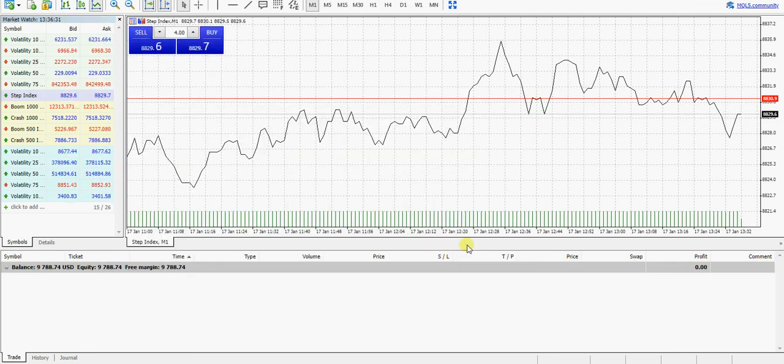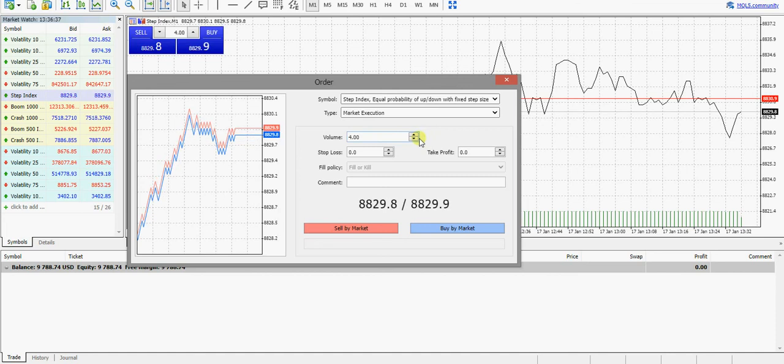So we're going to be watching it again. We're going to be watching this thing pushing right up. Once it's pushing right up, we click on this sell by market before we place the trade. Then we enter our volume. Then we'll watch this thing jumping right up. We're going to be clicking on sell by market once it's jumping right